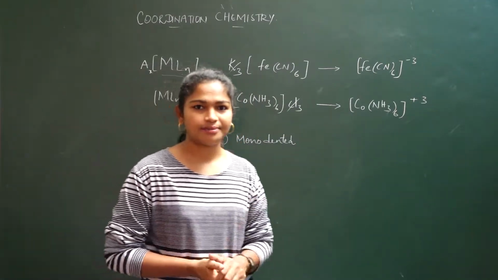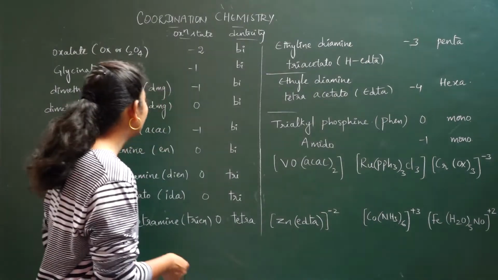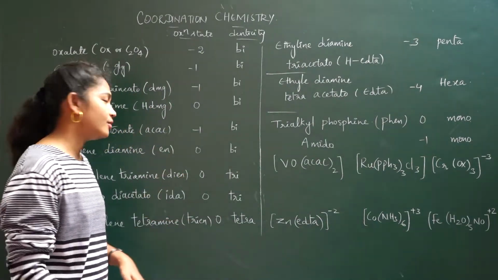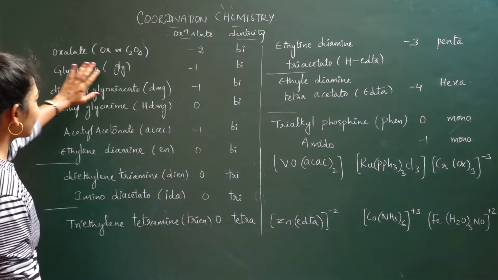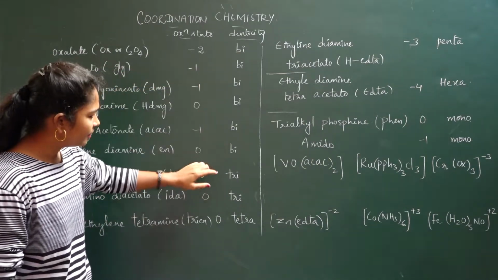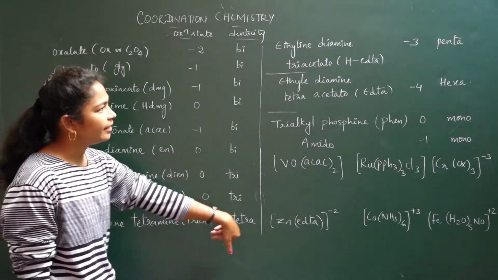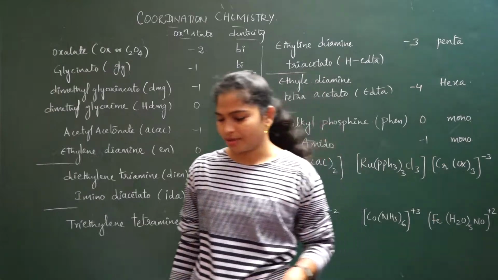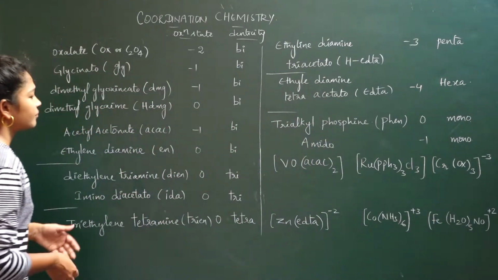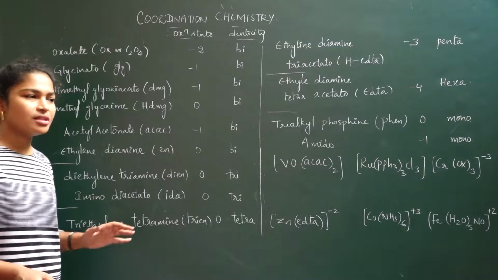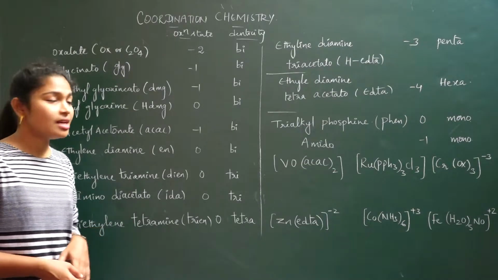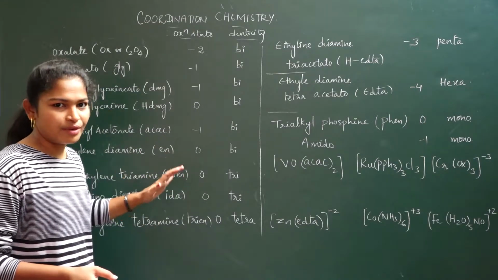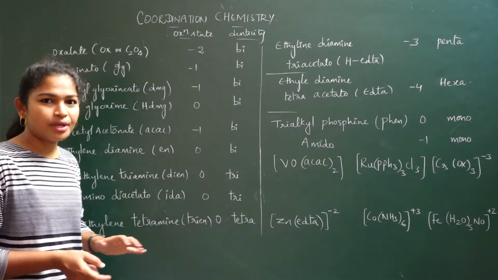Okay, now I'll write it down. Look here, the types of ligands: monodentate, bidentate, tridentate and so on. You just see here, these all are bidentate. From here, tridentate, tetradentate, pentadentate and hexadentate. Monodentate I have written here. Only some of them I have written, and some more are also there. If you want, you can write them. Otherwise, these are the important ones. Mostly we will see this type of ligands in the exams.